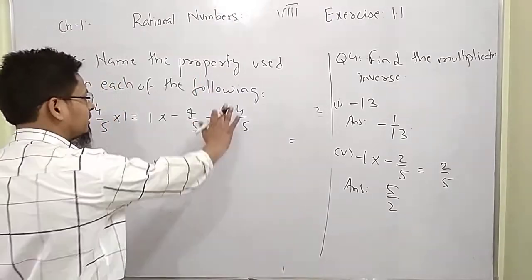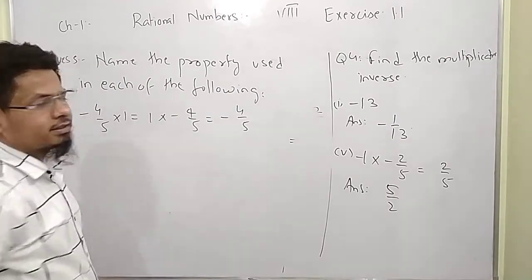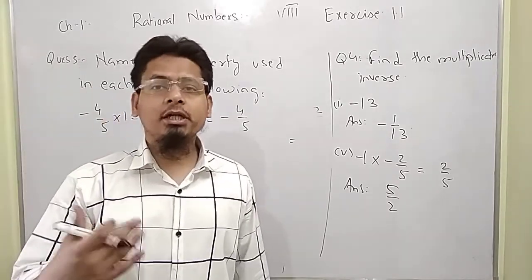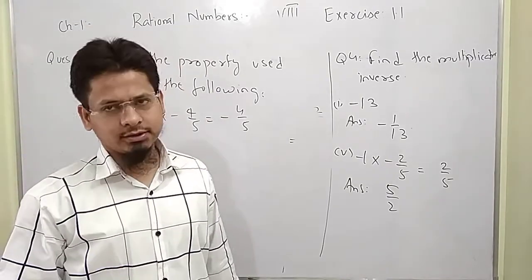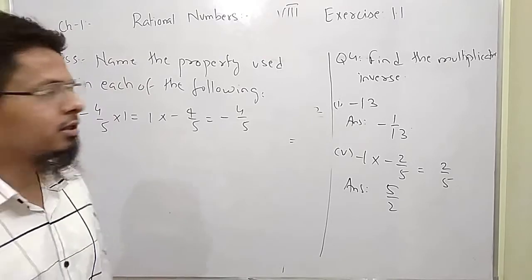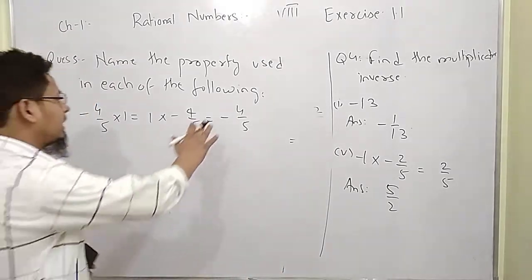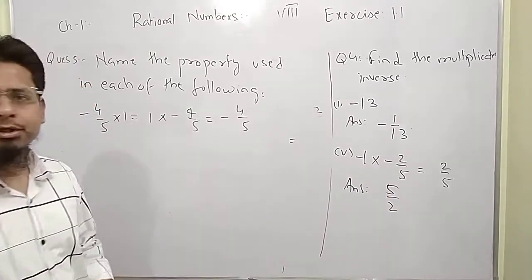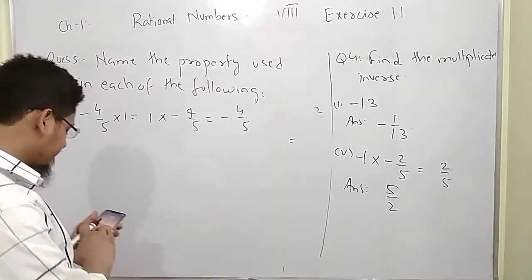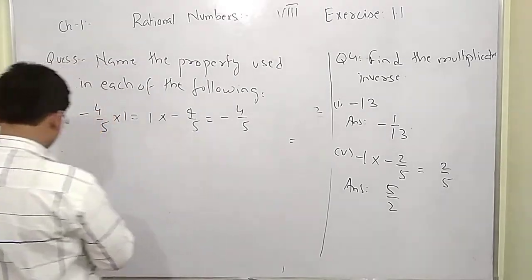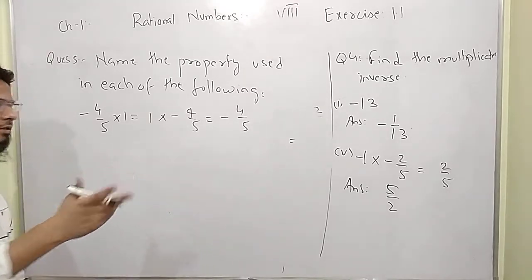But if it is not mentioning minus 4 upon 5, we can also say it shows the commutative property of multiplication for rational numbers. Okay, there is a little ambiguity in this, class. So you see what this question is given there. If we remove this, then it becomes commutative property, because you are moving the numbers front and back and the answer is coming the same. And it also says multiplicative identity. So the answer can be either of these two.